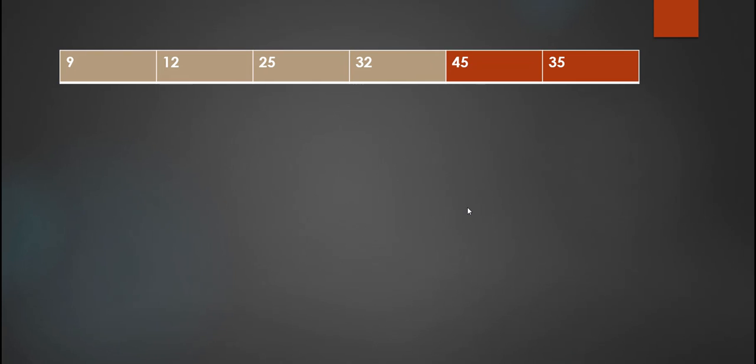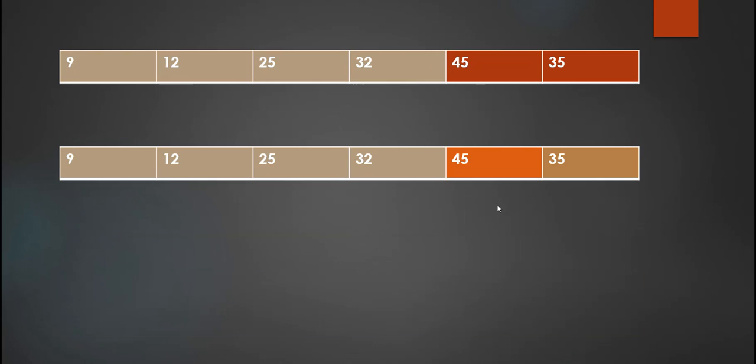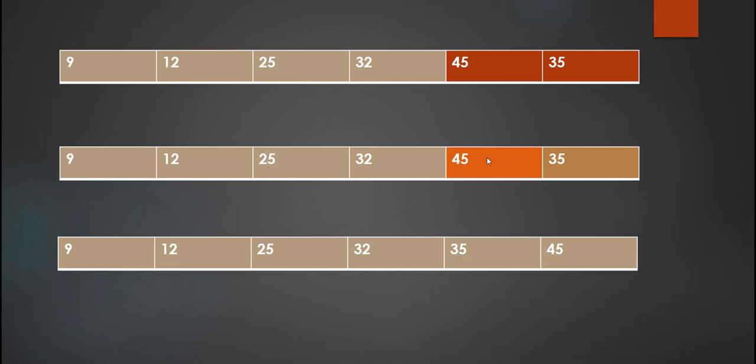Now in the next iteration, we are again going to follow the same procedure, that is to find the minimum element, and here we can see we found that 35 is the minimum element. So we are going to swap 35 with 45 and after swapping we will get this sorted array. Now we are at the end of the array and we can see the whole array is sorted now. So this is the indication that we need to terminate the loop, and after terminating we will get the sorted array as a result of selection sort.